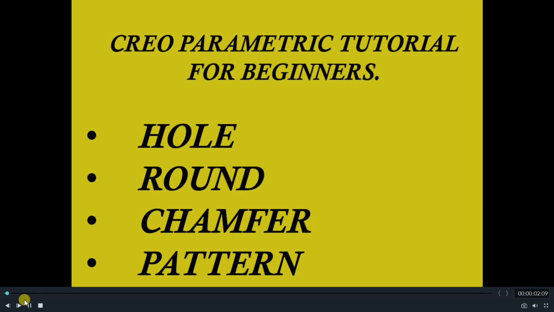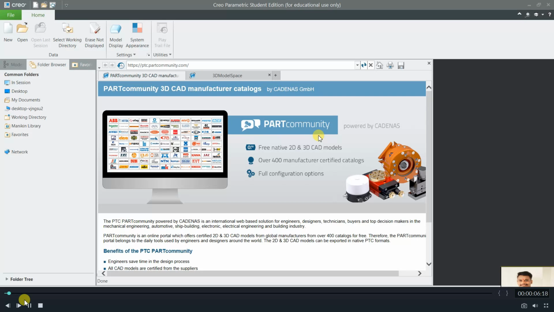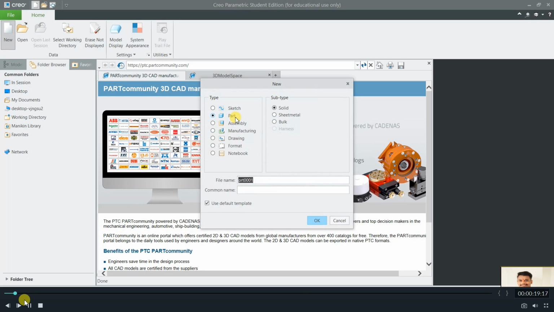Hello students, in today's video we are going to see the commands such as hole, round, chamfer and pattern. For this, as usual, we are going to open a new file, click on new, select part module, then give a file name.